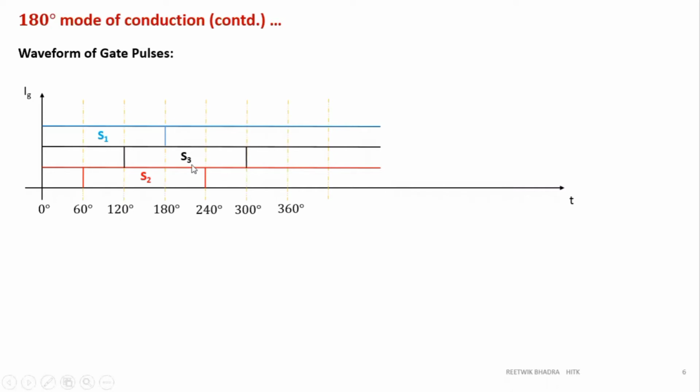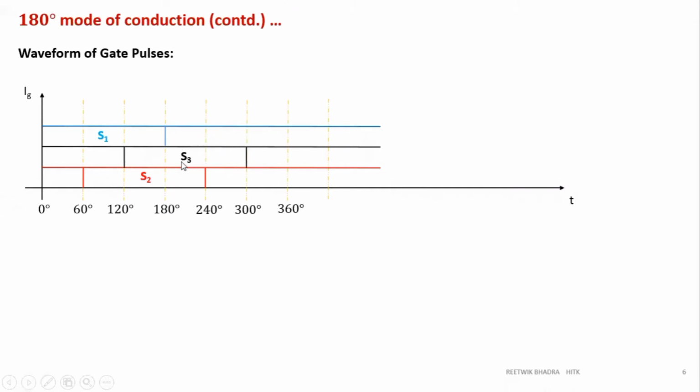Next, where should S4 start? S4 should start at 120 plus 60, that is 180 degree, but it can't start at 180 degree over here. It can't start at 180 degree in this black band and red band, because if it starts in this black band and red band, that means this S1 is also on from 120 to 180. This S4 also gets on during this period. So that's why same leg switches will be drawn in parallel. So S1 will be drawn in parallel to S4. So if this is S1, in the blue band only S4 will be drawn.